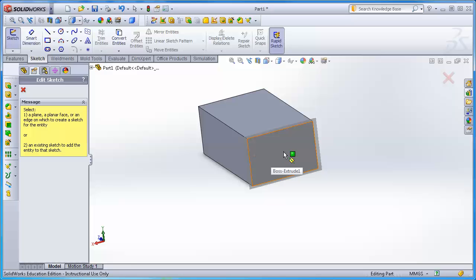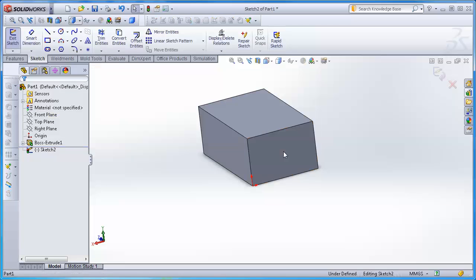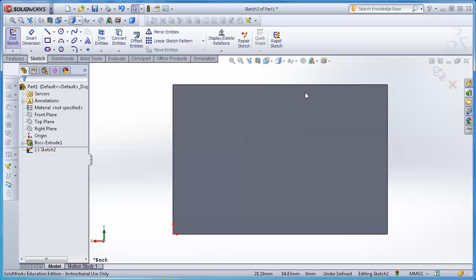I'm going to go over here and select the plane on the end of this part and click on it. Right now my sketch plane is the edge of that object, but I really want to square this thing up, so I will go over to view orientation and perpendicular, and so now it also scaled it up fairly nicely, and I'm going to do a 40 by 30